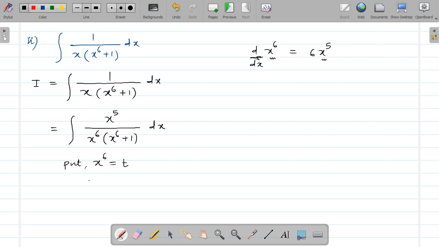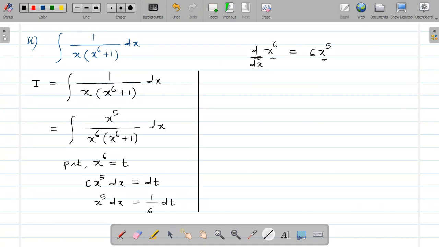So that's why 6 into x raised to 5 dx is equal to dt. So x raised to 5 dx can be replaced as 1 upon 6 into dt. So this is the substitution method, and before that substitution we have to adjust the terms like this. Okay, now after this substitution, the given integration I becomes, see how will you write here